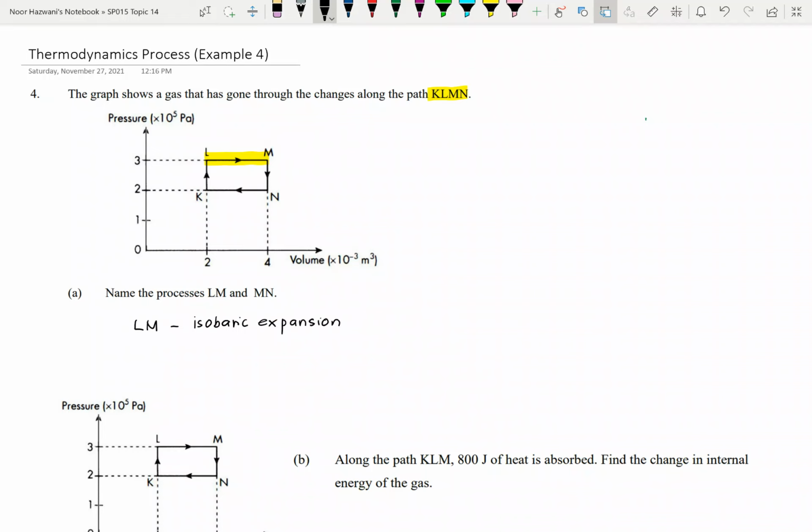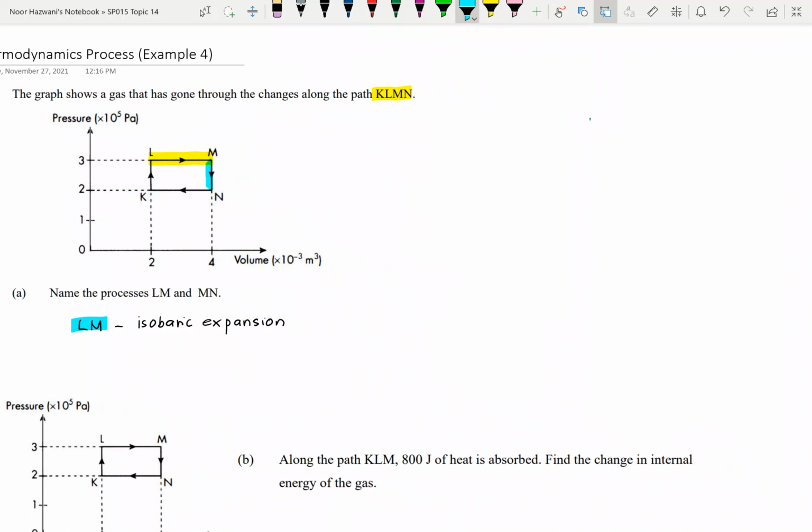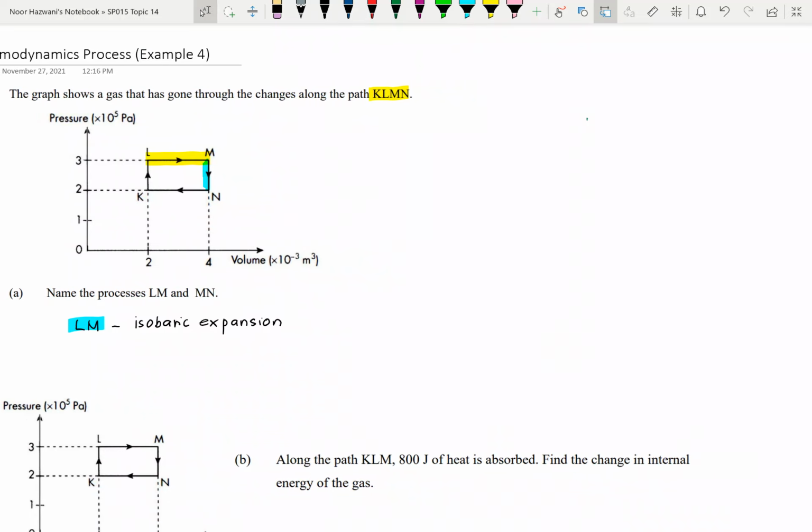Okay, that's for process LM. And then for process MN, it happened at constant volume. And the arrow is going from high pressure to low pressure. So it doesn't involve either compression or expansion because the volume is constant. Okay, so for MN, the process we call isochoric,